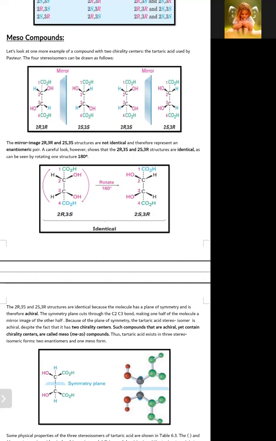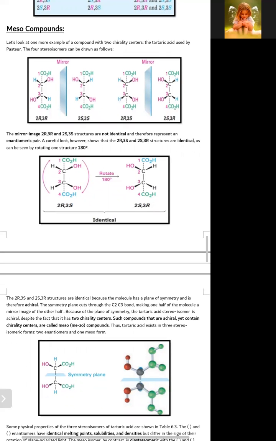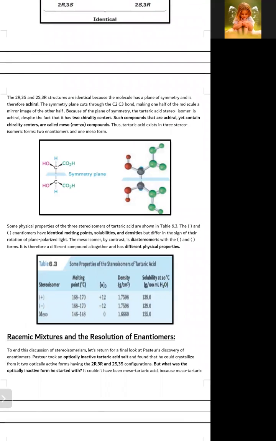But the other two, 2R3S and 2S3R, are identical and related by a rotation of 180 degrees. These are the stereoisomers 2R3S and 2S3R. They can rotate by 180 degrees and they are identical to each other. The 2R3S and 2S3R structures are identical because the molecule has a plane of symmetry, which is called a chiral molecule. The symmetry plane cuts